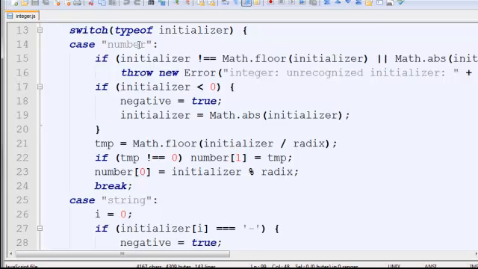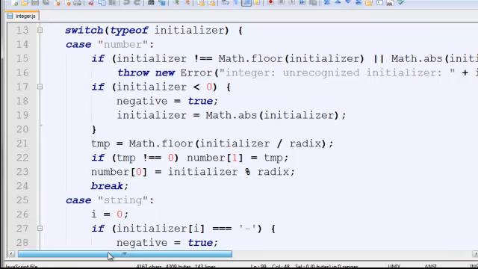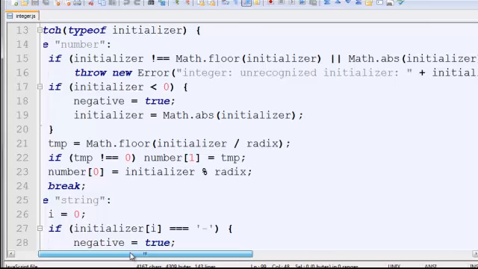So this one is a number, and it's a floating point number. So basically, we want to do a lot of checking. We want to use this constructor to check that it's properly formatted. And what we'll look at here, first thing we'll check is if it's an integer. If it's not an integer, we want to throw an error. So how we'll do that is we'll say initializer is not equal to, that's the not equal to sign,